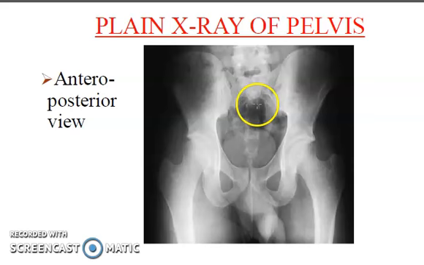The third point which I said to you, that while reading any radiograph, you have to tell about the view of it, whether it is anterior posterior view or posterior anterior view or lateral view or oblique view, etc. This is an AP view. What do you mean by AP view? AP view is a view in which plate is posterior and rays are coming from the anterior aspect.